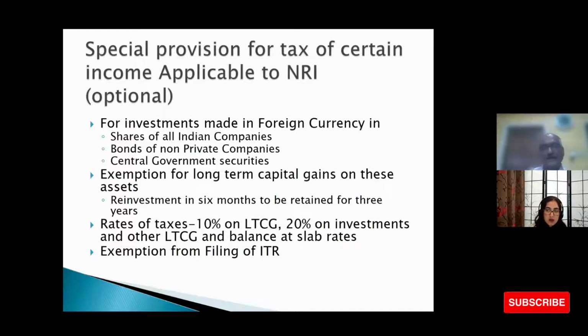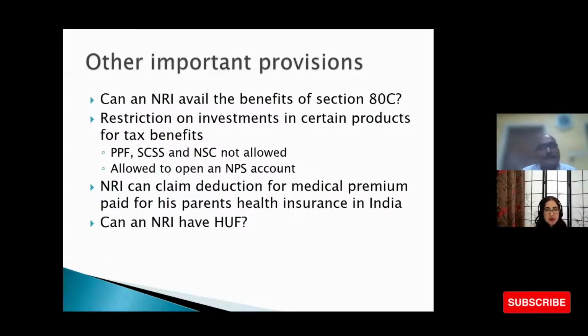Even if you let out your property in India for a token rent of 1,000 per month, the tenant has to deduct tax on it. I see. Okay. So that's the TDS, which automatically takes care of the tax before money comes to you. Yes. That was the special provision applicable for non-residents, which I think is very beneficial,